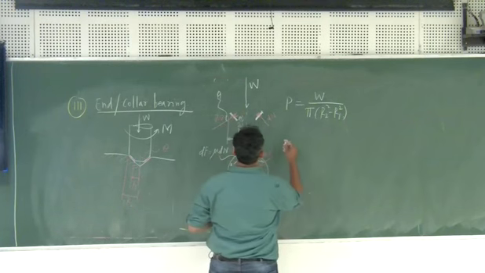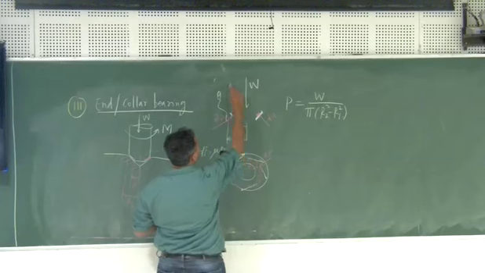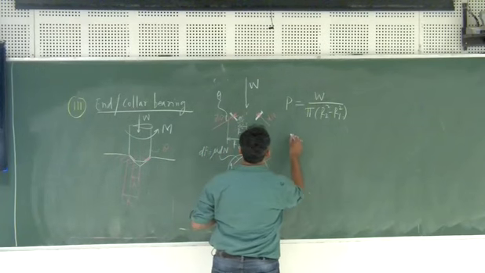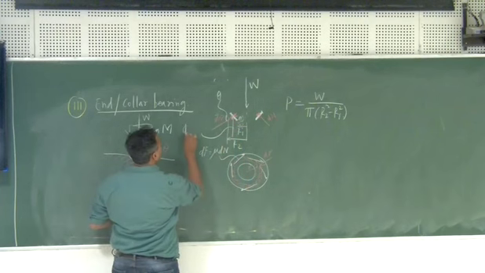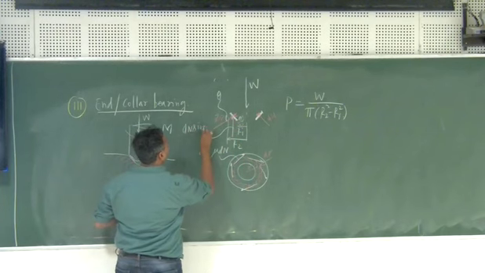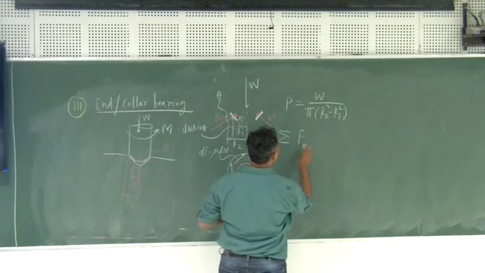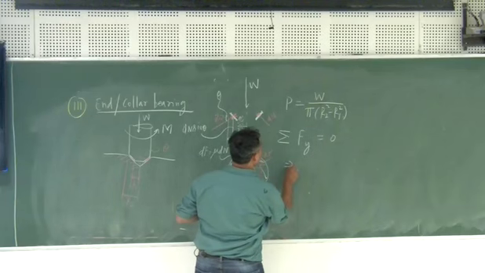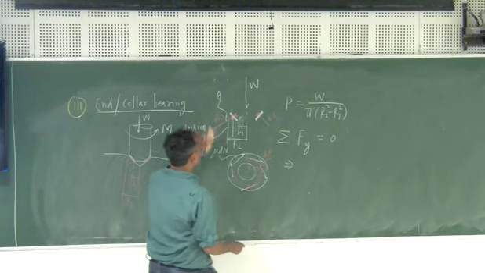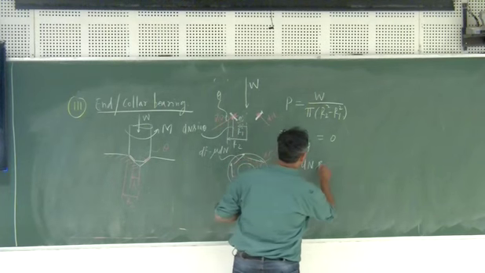So dN basically will be given by this particular component in the vertical direction, which is your dN sine theta. So write down the equation which is written as sum of F_y is equal to 0. So in this case you will see that dN sine theta